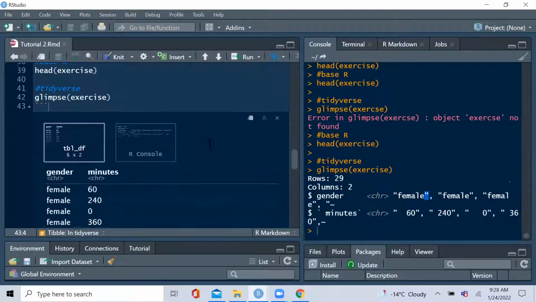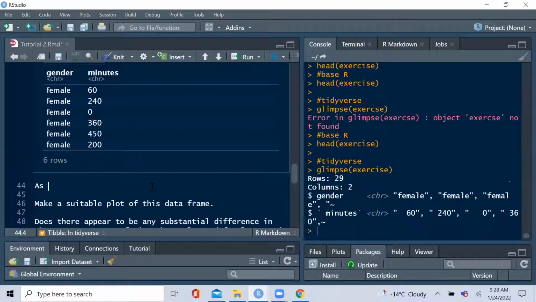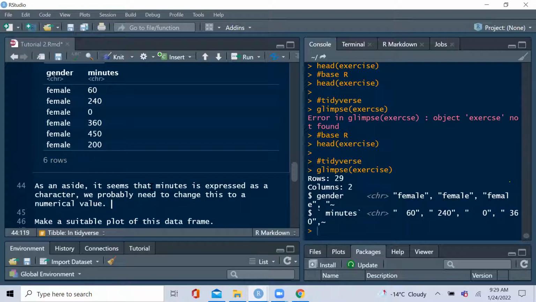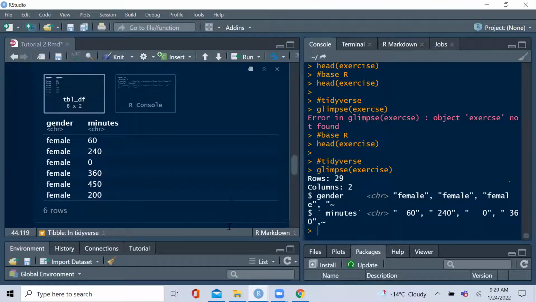So I'm just going to make a note here. As an aside, it seems that minutes is expressed as a character, right? We probably need to change this to a numerical value, especially because the next question is to make a suitable plot of this data frame. Does anyone notice something interesting about the